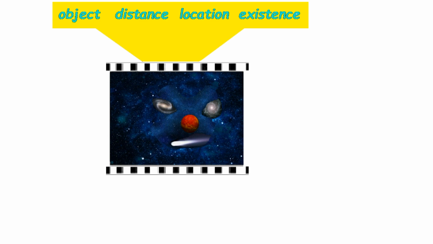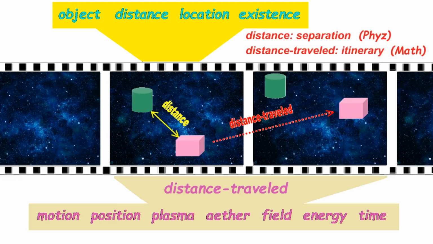And so what these people have is distance traveled. They don't have distance. For distance traveled, they need at least two frames of the movie, whereas for distance, all you need is separation. You can conceptualize distance in a single frame. So distance traveled is not the same thing as distance. Distance belongs to physics, qualitative separation. And distance traveled, which is a quantitative concept, belongs to math. It's an itinerary, a trajectory. So let's distinguish between those.